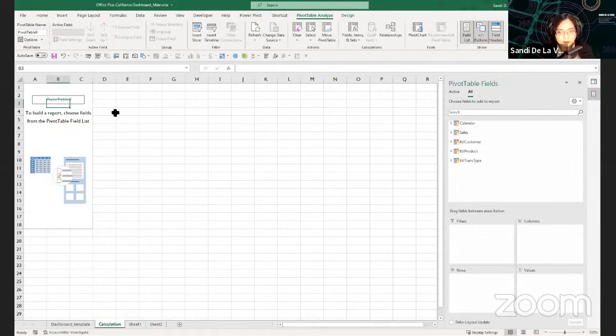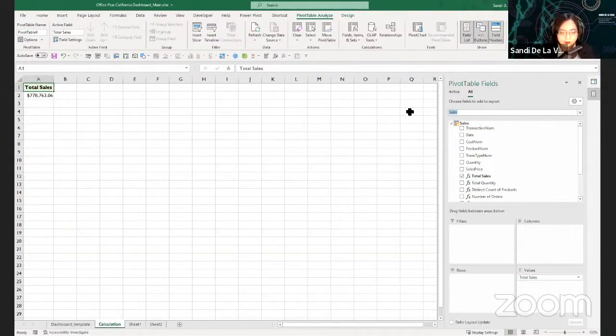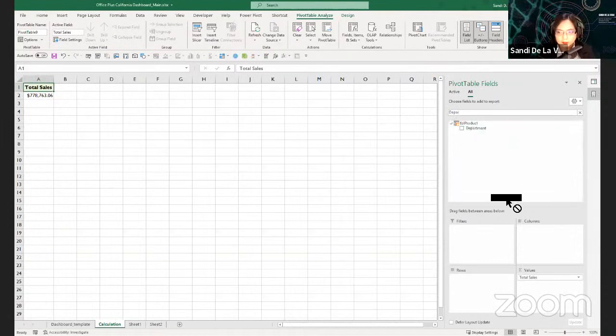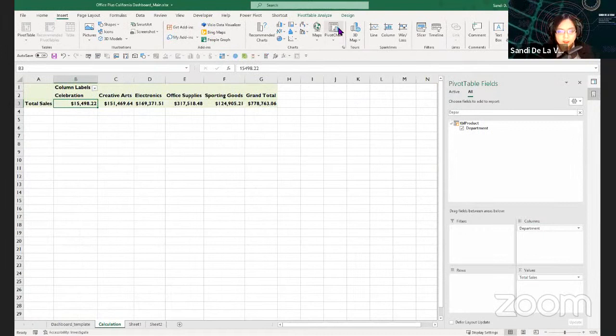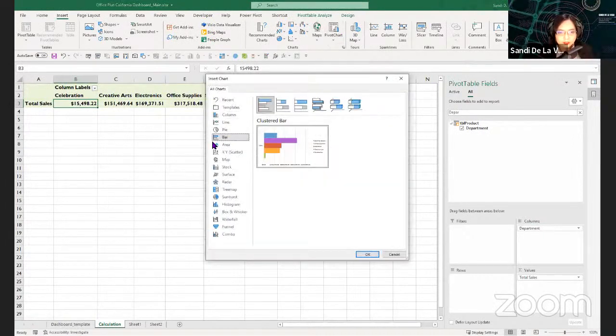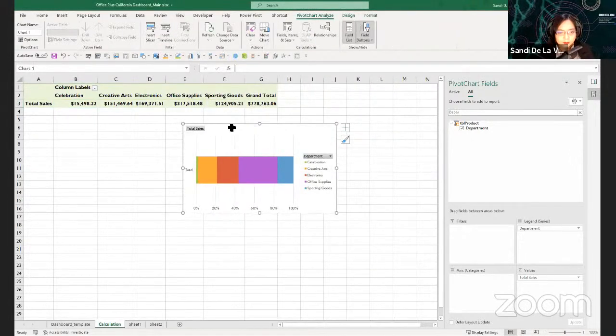Create. In order to create a pivot table, what we need is sales per department. So find the sales here, drag it to values, find the department, and drag it to columns. Then, as a review for others, or as new learning, to use the pivot chart, what we need is a 100% stack bar chart. Here, we'll use it, okay. There. So we have created our first chart using the DAX measure.